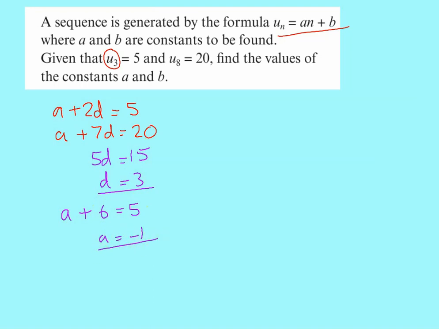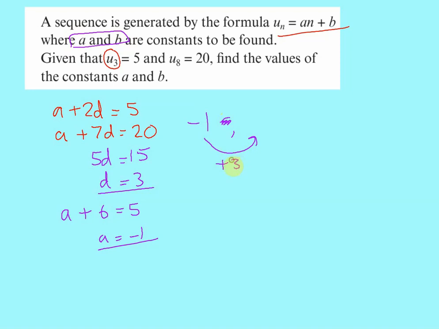Let's just check that in the next one. So minus 1 plus 21, it works. So we've definitely got these right. So the important thing now is I've got A's and D's, but we need these two values here. So we must write out the sequence. So it's going to start on minus 1, and the difference